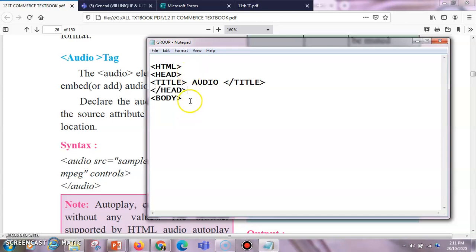Inside the body I will use one h1 tag to say that this is an audio program, and I'll end the h1 tag here. Now I want to insert the audio, so I'll add the audio tag. Now I want to give the source for this, so I'll write source